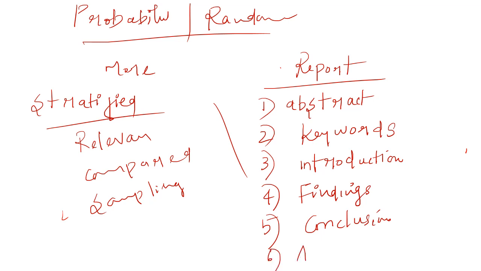And the last one is annexure and appendices. What are annexure and appendices? Annexure includes things like questionnaires and code sheets, which are included in this part towards the end of the report. A few more things to be kept in mind while writing the report are